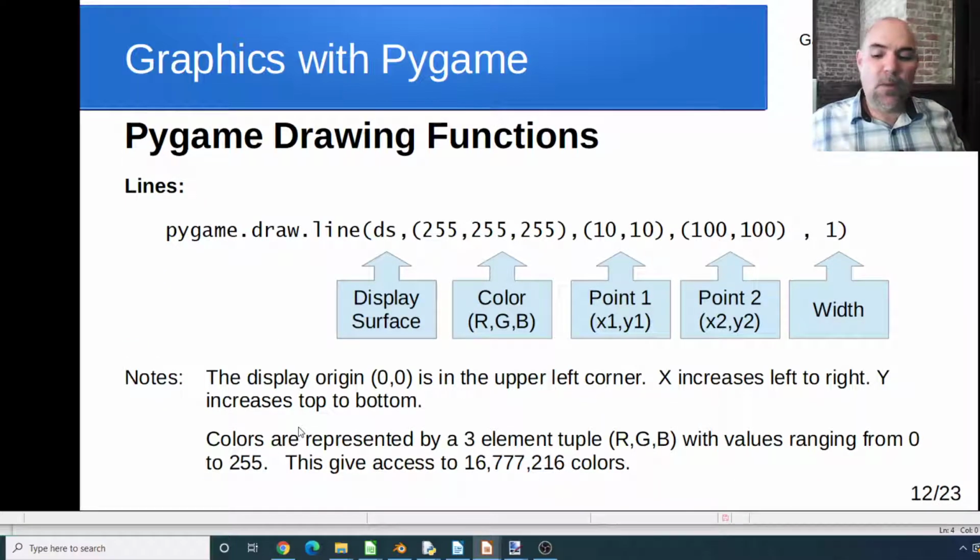Okay, now that we've created the window, we want to draw some things on it. So we want to make some lines on it. We want to make circles maybe. We're going to look at some of the drawing functions. So the first one is the line function. And notice with the line function,